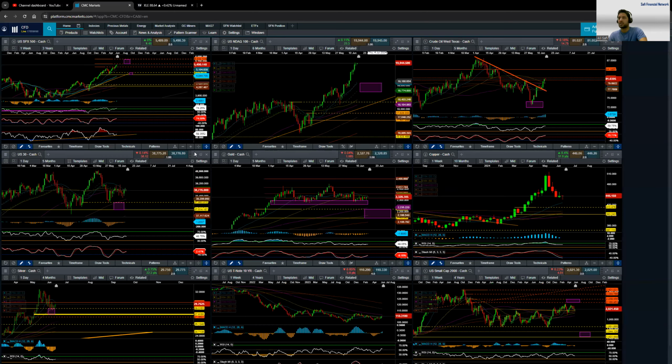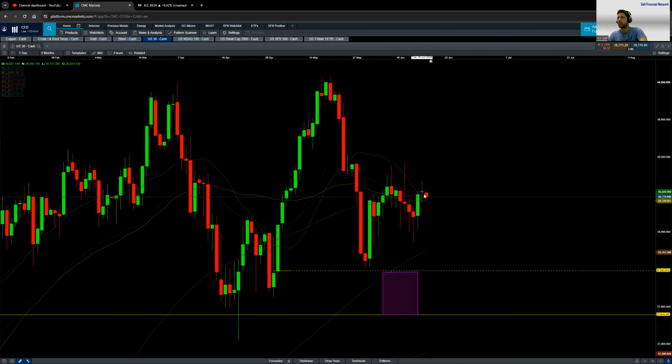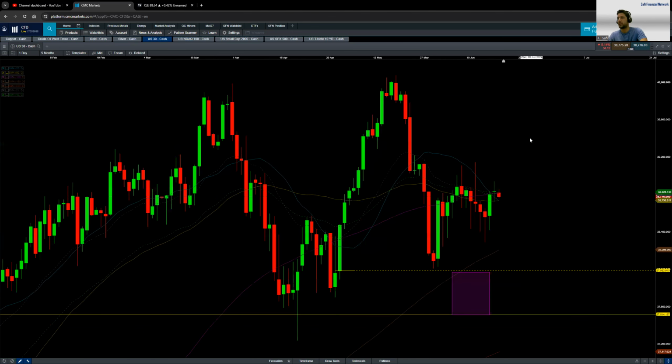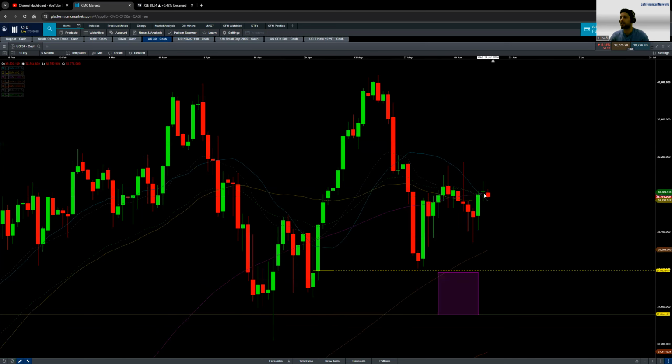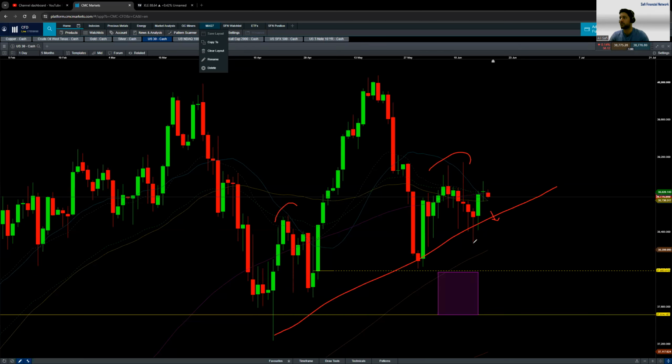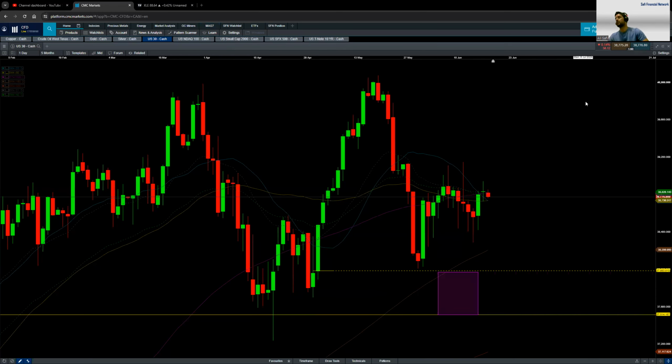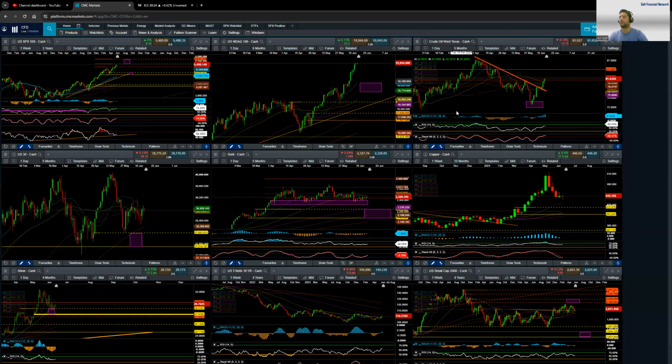Moving on to US 30, which is the Dow. The Dow came down after yesterday's doji. Today it just came down 58 units. Again, it's the futures market, so we can't give it too much, but the Dow is chopping around. Pattern-wise, this is a standing head and shoulders here. If it goes below the neckline, below these two pivots, it can go easily down to 37,000. But right now, I don't see that. As long as we are above these two pivots, as long as we are above 38,000, we should be fine.